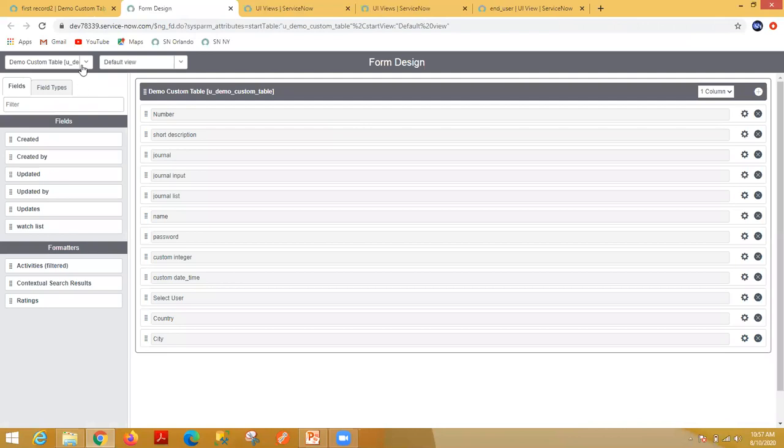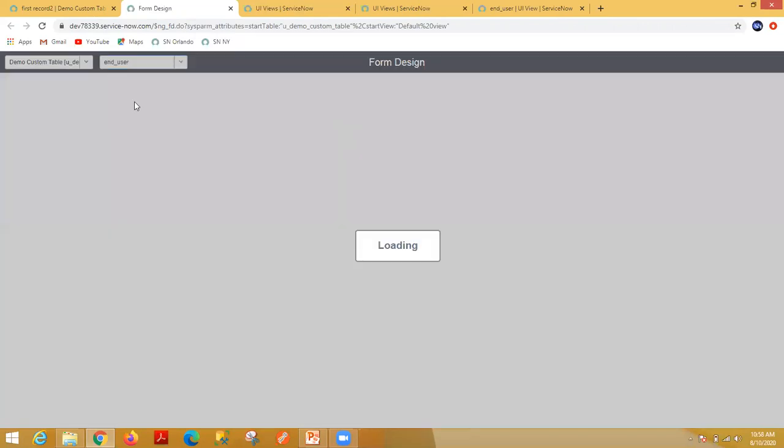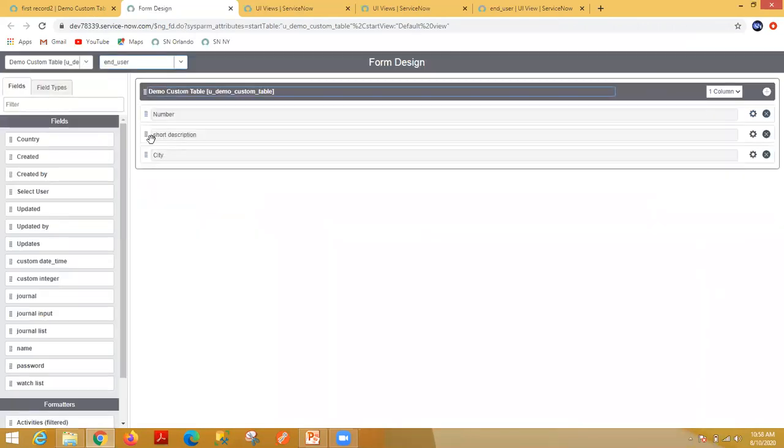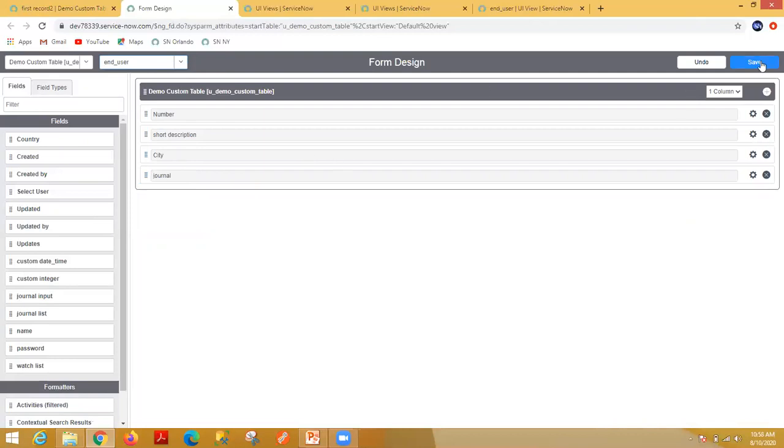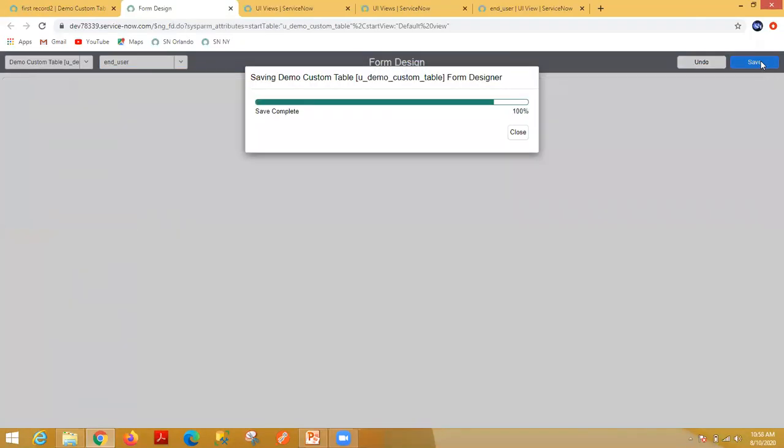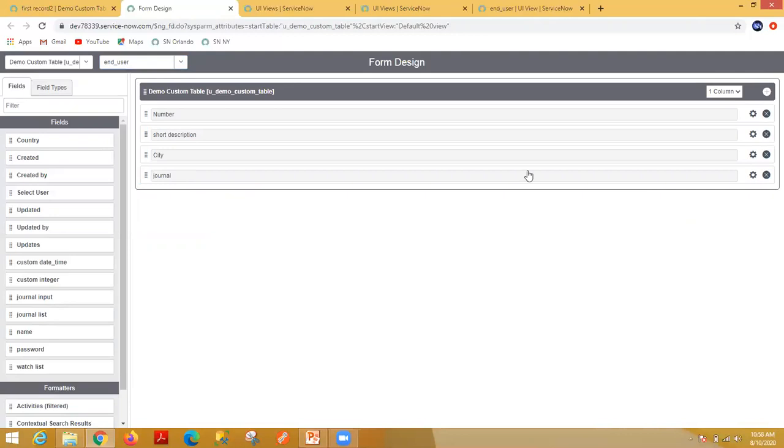Right, and here you can see this is the form, this is the default view, and these are the fields available in the default view. So now if you want to add or remove a field from here, you have to select the end user view. You can see only 3 fields available. Okay, if you want to, let's say suppose, add this journal field again inside this, you have to add it here and just save this. So this is one more way to customize the view.